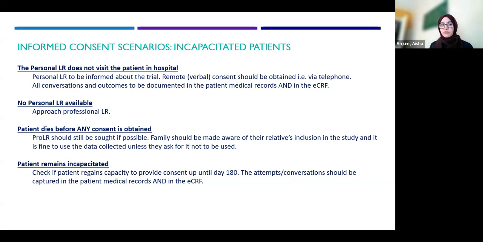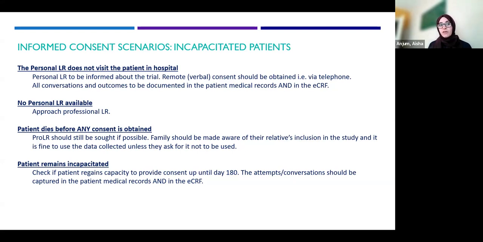If there is no personal legal representative available, then we would approach a professional legal representative. If there's a situation where a patient dies before any consent is obtained, for example, if the professional legal representative was not available, the personal legal representative was not available, and the patient was incapacitated, and we went with the option of enrolling the patient because it's beneficial for them to be in the trial before obtaining consent, and then they happen to die,